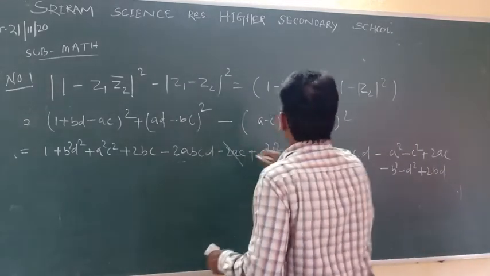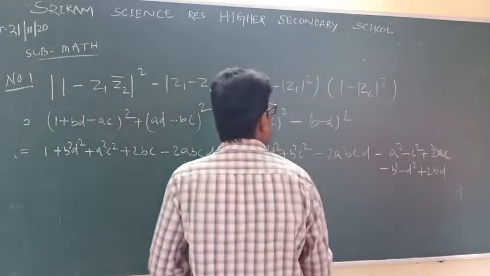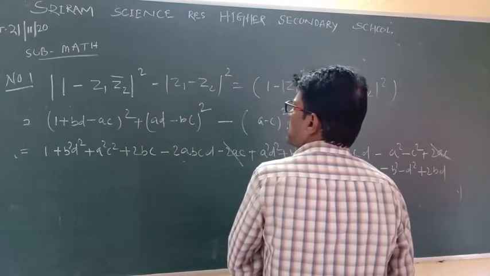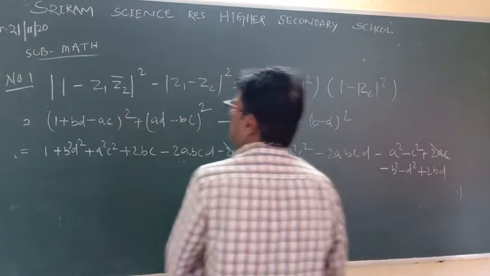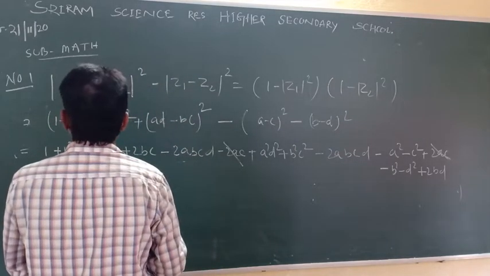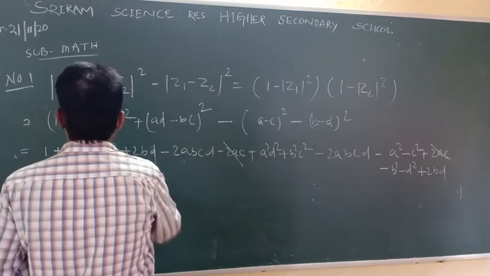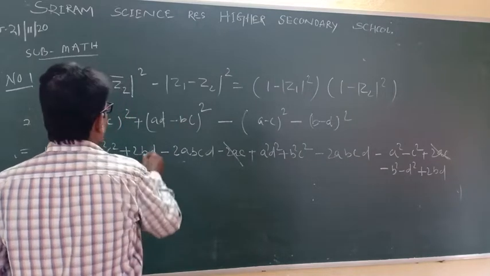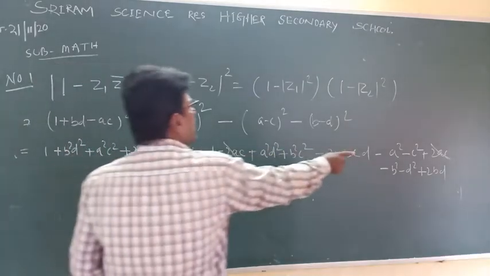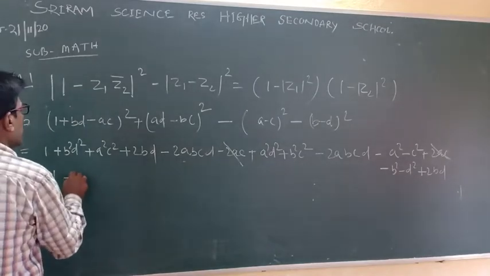Minus of 2ac plus 2ac cancel, minus of 2bd, 2bd. Here is a square, b square, 2bd. Minus of 2bd, here is plus 2bd, so no 2bd remains. Now the value becomes 1 plus